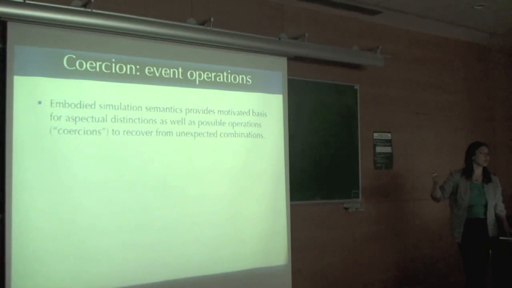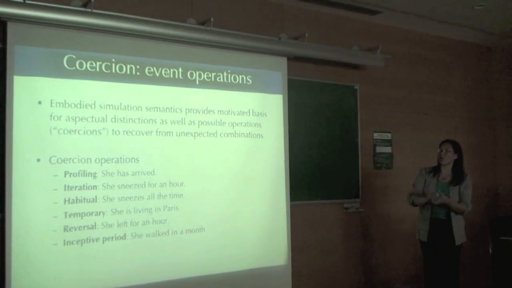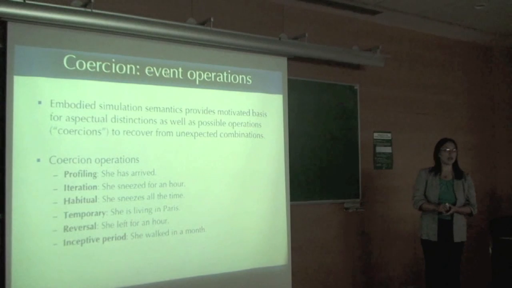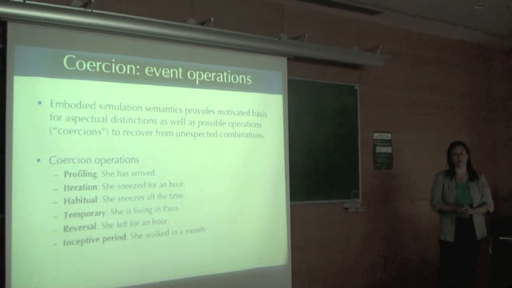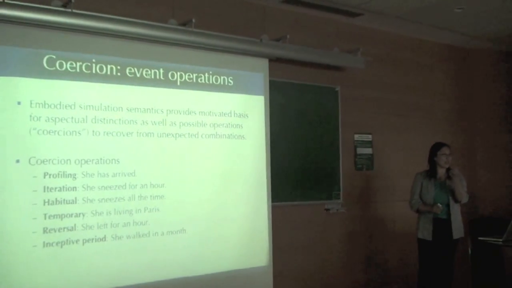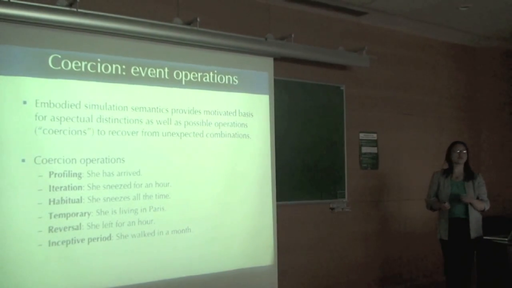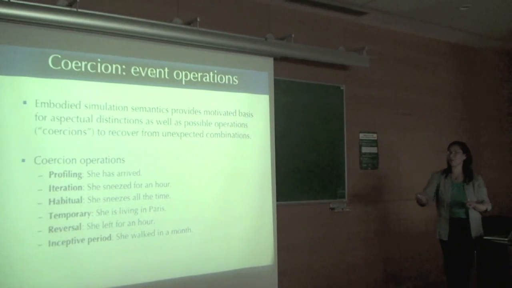And again, hinting at this idea that now you have the basis for how you would deal with unexpected sentences, right? So here's just a list of maybe some things. You're going to be profile. Usually she has arrived isn't something that is a resultative, it's not something that has consequence, let's say. The perfect tense usually is something that has consequence. She has climbed Mount Fuji. She has arrived. Maybe there is actually an intention of expressing, okay, well now we can begin the lecture, right? Or she sneezed for an hour, many sneezes, she sneezes all the time.